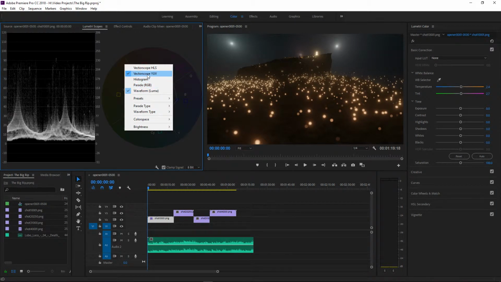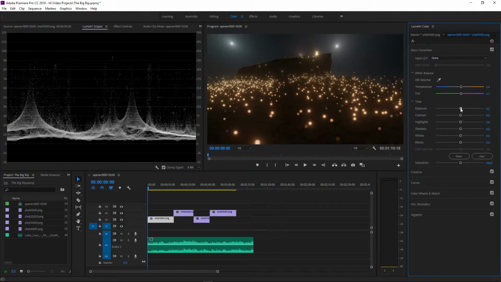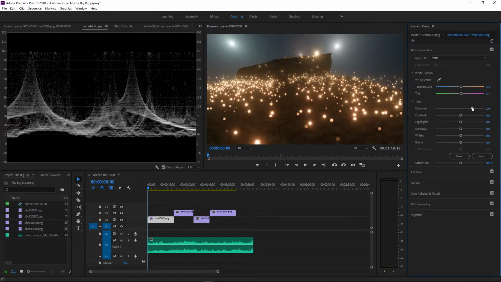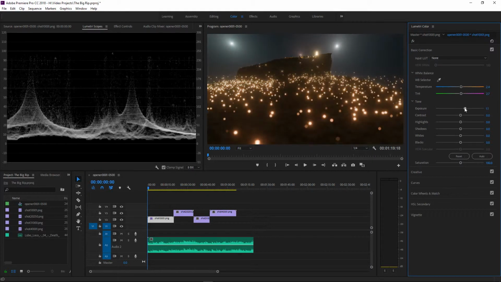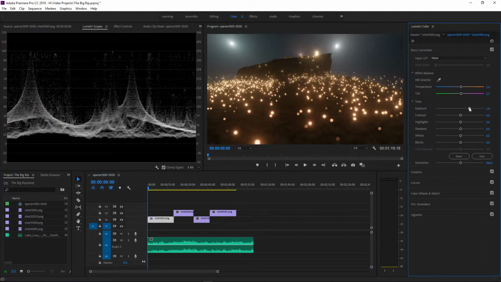I'm just going to turn off the vector scope for a second and just look at the waveform monitor. What I can also do here is increase my exposure. I don't want to do it too much, and you also have to be mindful of what sort of color space you're in. If you're in 8-bit color, if you push these things too far, you'll get banding and lots and lots of noise. So I can increase this a little bit,